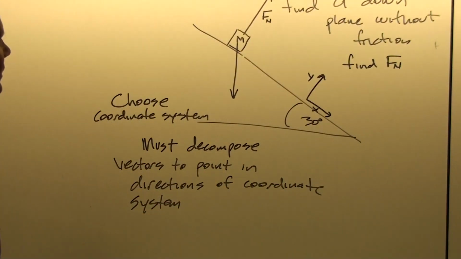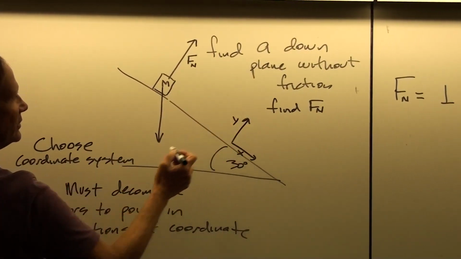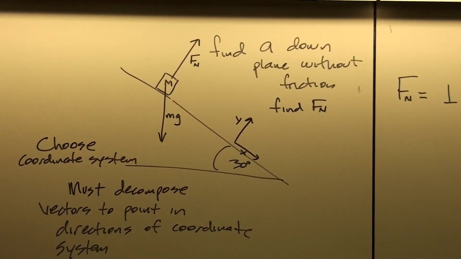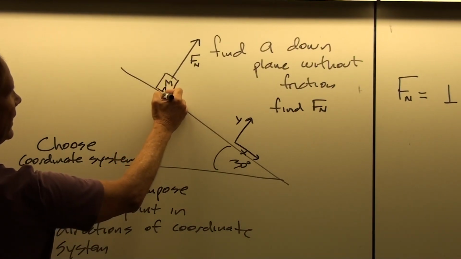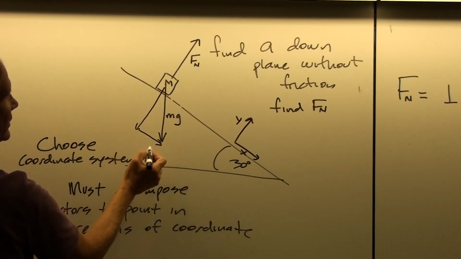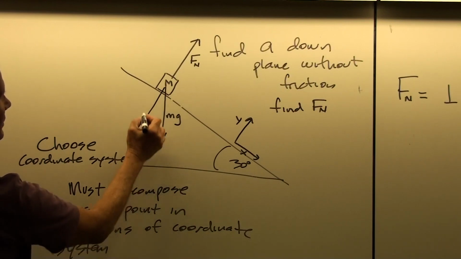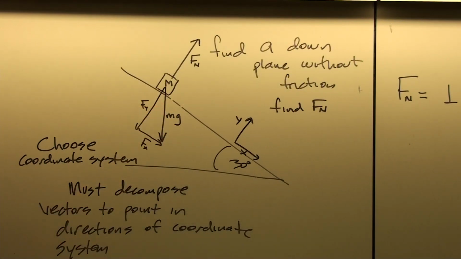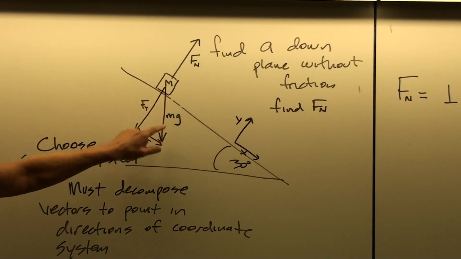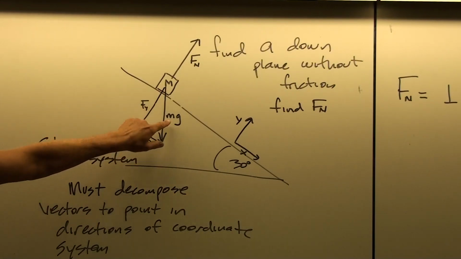And so has this been accomplished already? Well, the normal force is already pointed in the y direction, so I don't have to do anything with that. But mg is a different story. mg is going to have two components, one that is in the negative y direction and one that is in the positive x direction. Okay? And so I could call this Fx, this Fy here. And so what we need then is this angle theta in order to get Fy and Fx written in terms of mg.